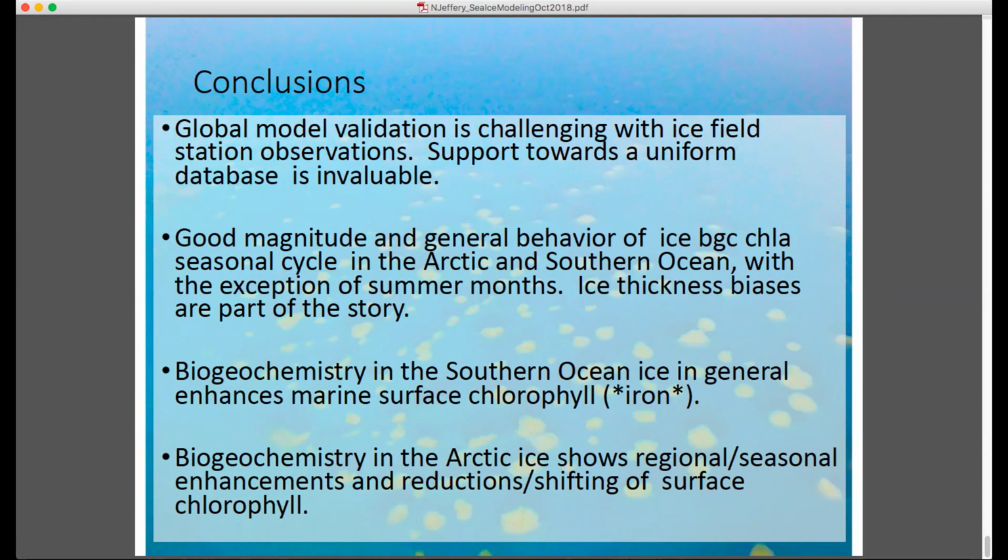Yes, I have one. My experience with ice biogeochemistry is that it's poorly constrained in terms of nutrients, and that will favor the bloom of chlorophyll in the ice or not.